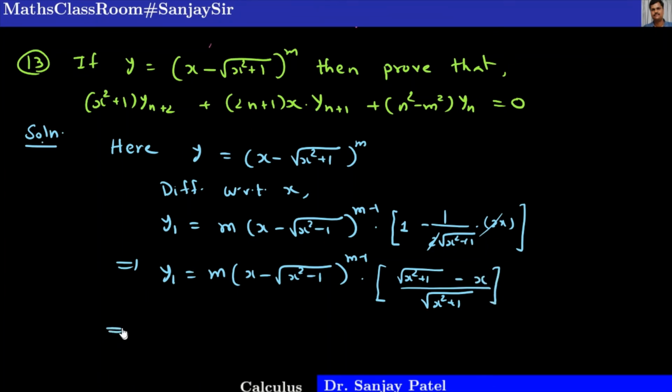Now I am multiplying both sides by square root of x square plus 1, and we will get square root of x square plus 1 times y1 is equal to m into (x minus square root of x square plus 1) raised to m minus 1 into